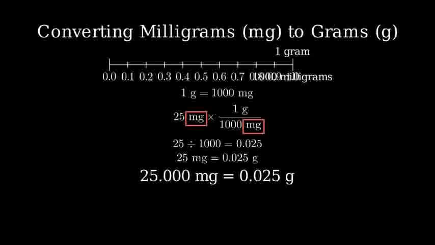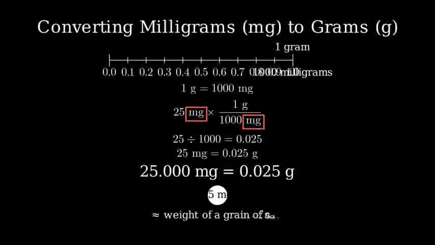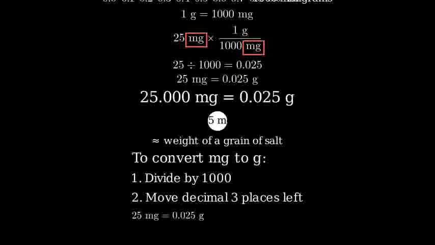Let's put this in perspective with a real-world example. Many medications list their doses in milligrams. If a medication tablet contains 25 milligrams of active ingredient, that's just 0.025 grams, or about the weight of a single grain of salt. To summarize, to convert milligrams to grams, divide by 1,000, or move the decimal point 3